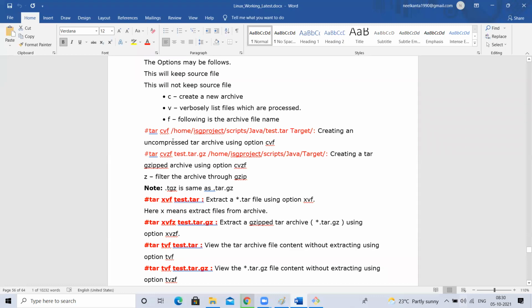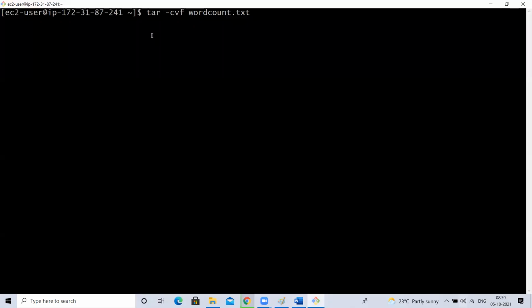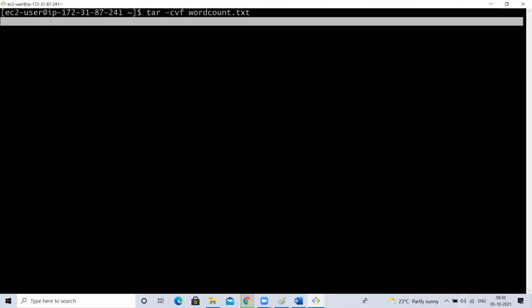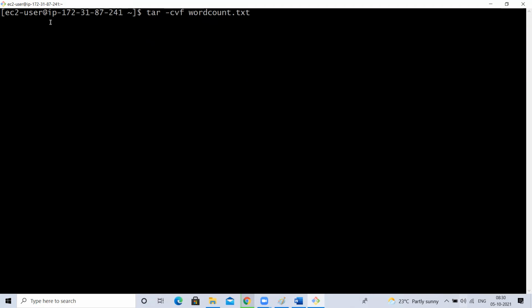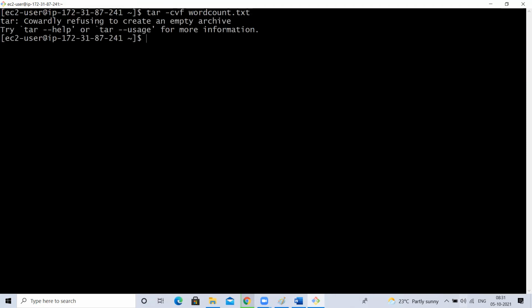If you use Z also, you can filter that using the gunzip commands. C means create, verbose means it will print that the file has been archived. F means file. We are doing a tar on a file.